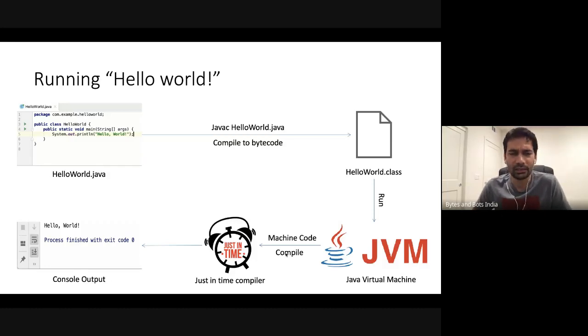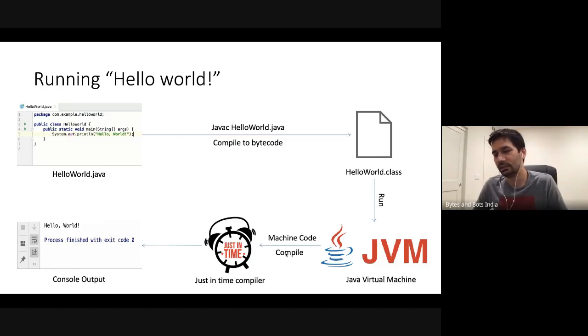In Java, everything is inside of a class. So there's a HelloWorld class there. Once we have written this program, we save it and we run the Java compiler. We ask the compiler to convert the Java program we wrote into something that the machine can understand. So we run a command called javac and pass it the file name. The compiler compiles the whole program into something called bytecode and saves it into a file generally ending with .class. So we'll see how HelloWorld.java will result in another file called HelloWorld.class.